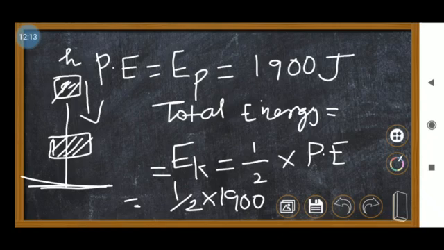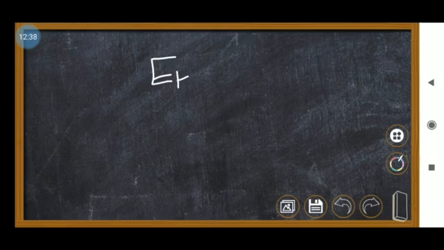When you are lifting any object, the potential energy of that object is gained. When you release that object and it comes down to half the distance, the potential energy is reduced, but the kinetic energy increases by half of it. So that means half of the potential energy. So 1 2s are 2, so 1900. So 9 2s are 18, and here 5 2s are 10. So 950 will come. So that means your kinetic energy will be 950 joule.